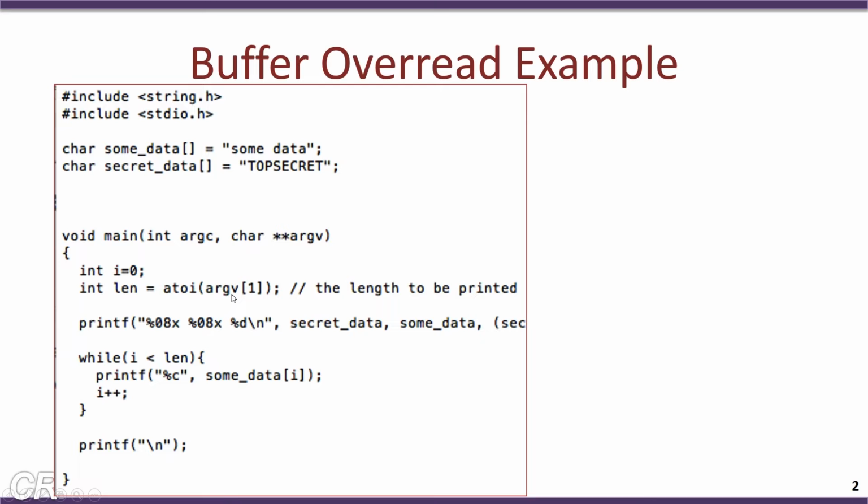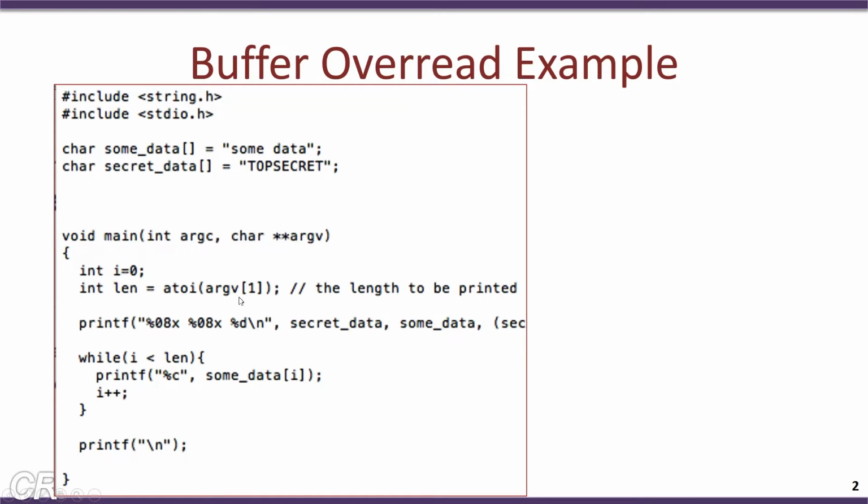The first command line argument is converted to an integer and used to initialize len. And then we have this while loop over here, which prints characters of some data. The number of characters that gets printed depends on len, which in turn is specified by the user of